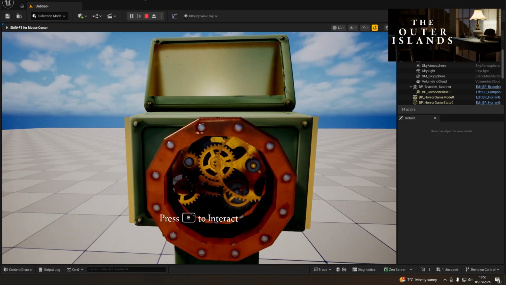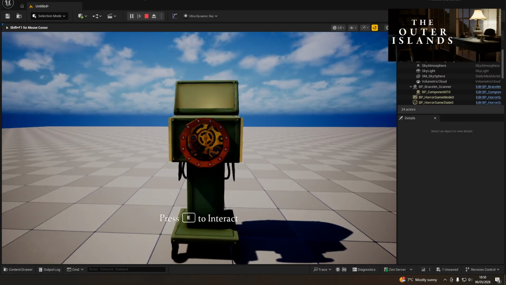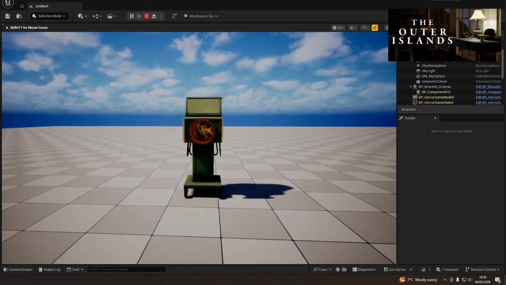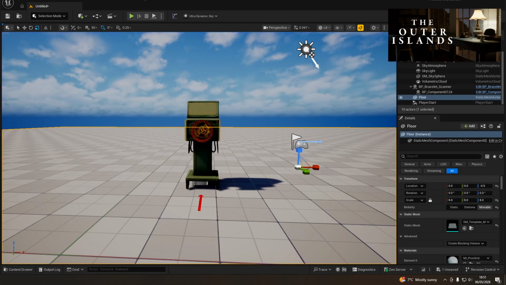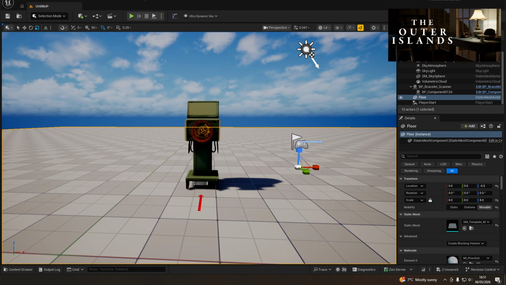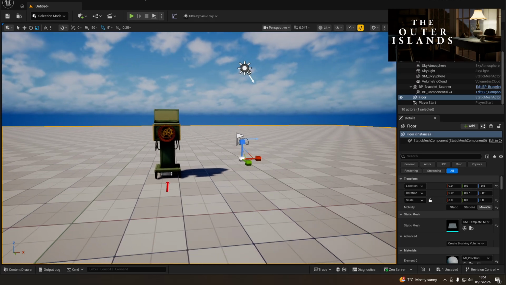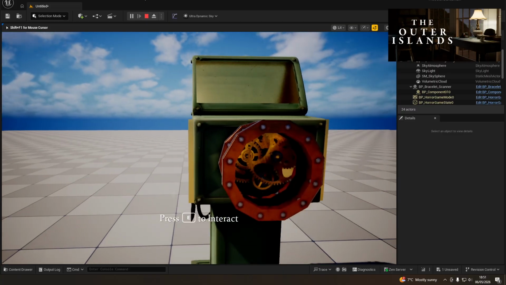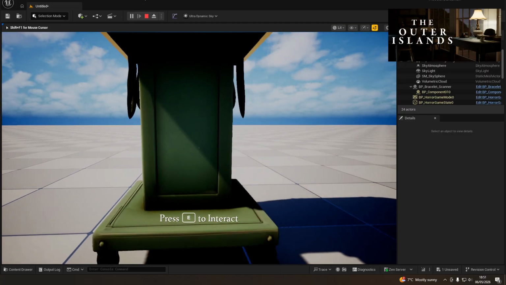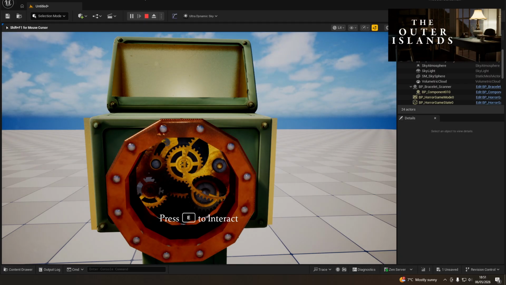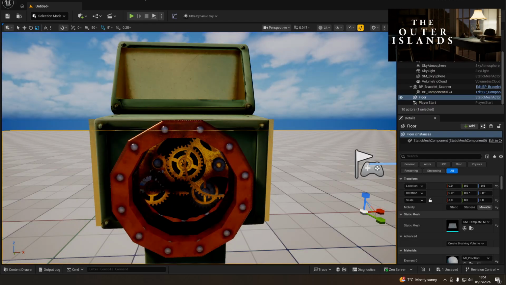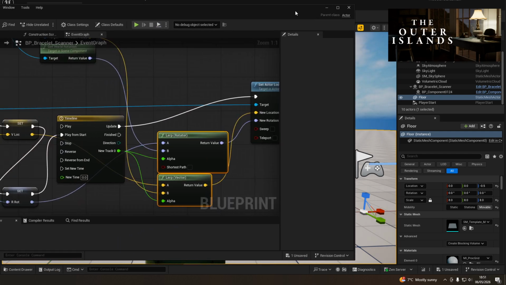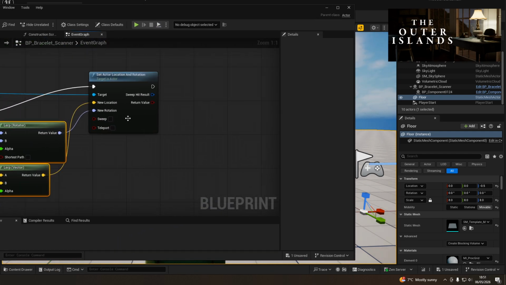Oh, there we go. Interesting. We do play from start on this one every time. Play. The location's not quite right though. For some reason I'm on the floor level. That's weird. I'm wondering why that is, although what I could do